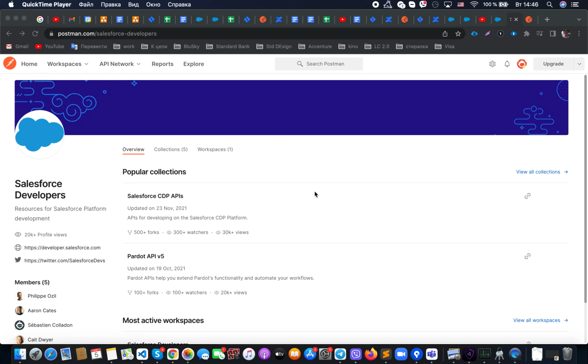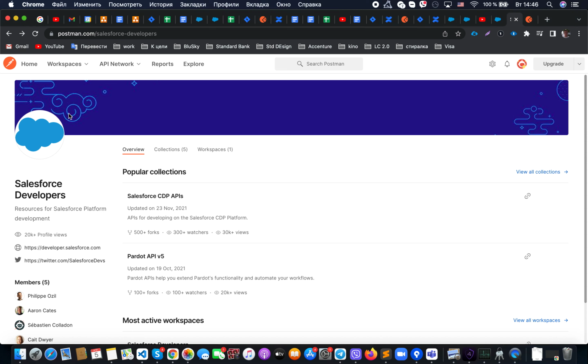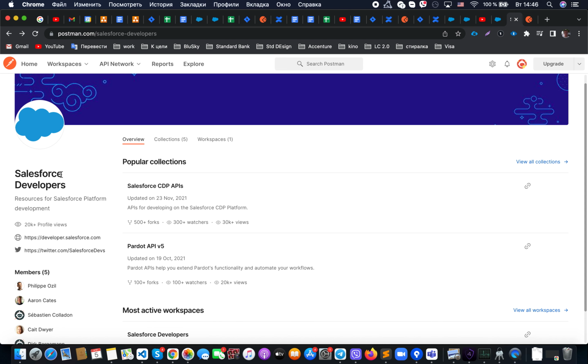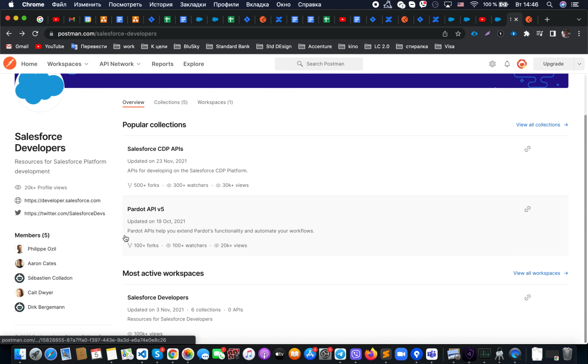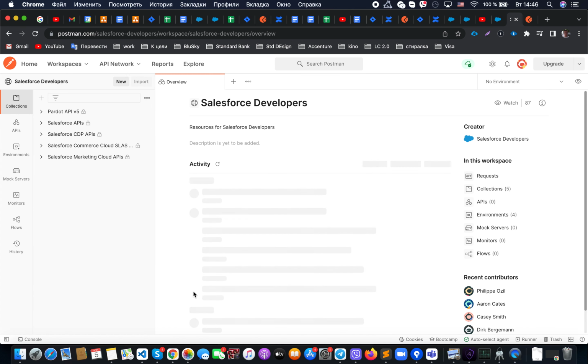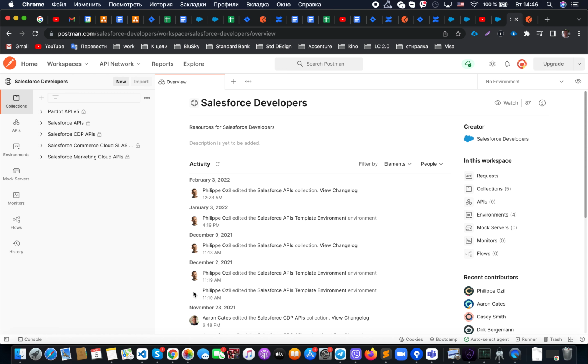Hello guys, I think most of you are already familiar with Postman, and what I would like to share today is that Postman has workspaces. For example, if we go to the Salesforce Developers workspace, here we will be able to find, let's say, the most active workspaces, and what could be useful from there